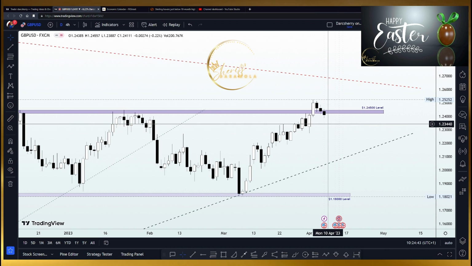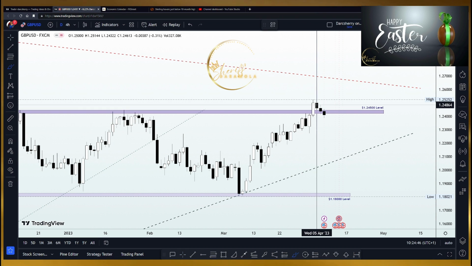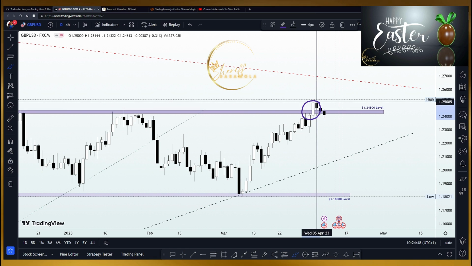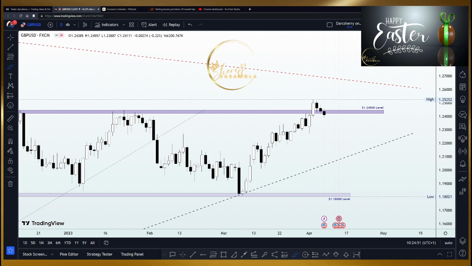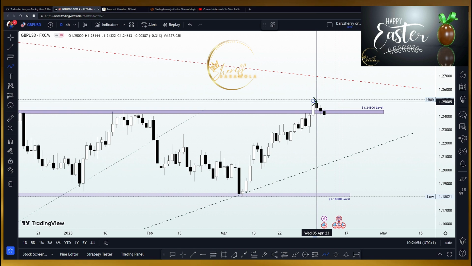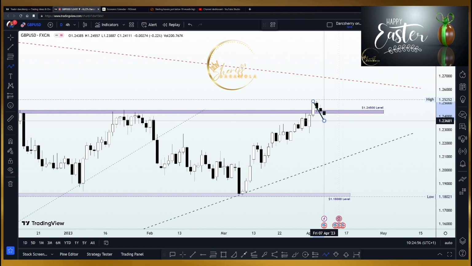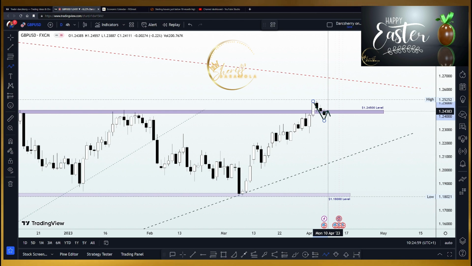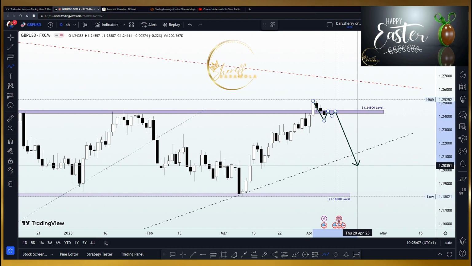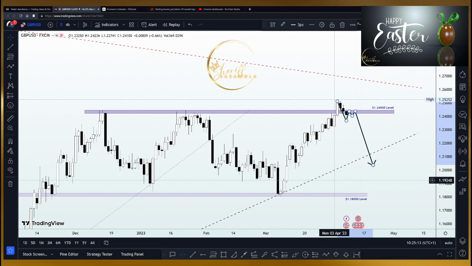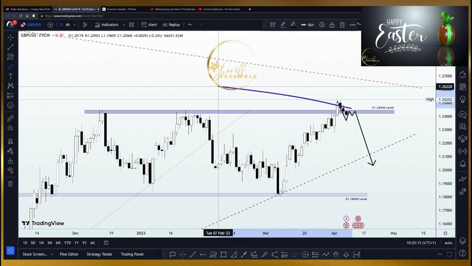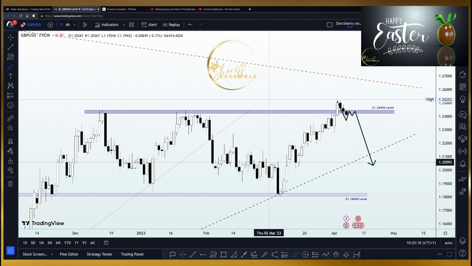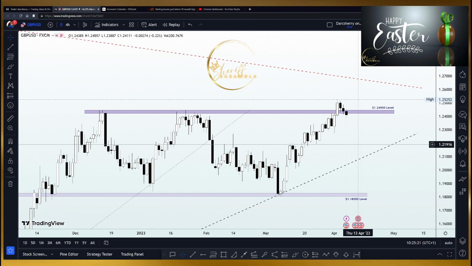Then another thing that could happen here is that the breakout of that 1.2450 level could turn out to be a false breakout, where price action retracement could drop back below the 1.245. We have buyers finding it difficult to break back above the 1.245 level, where we'll begin to see some selling pressure on our lower time frame to incite another wave of bearish momentum, and at that point we would have seen price action respecting that resistance line one more time. So these are the things we are going to be looking at on a much lower time frame,